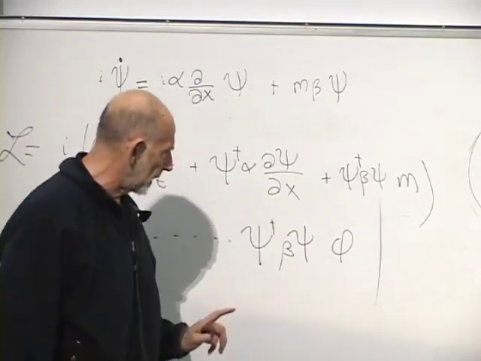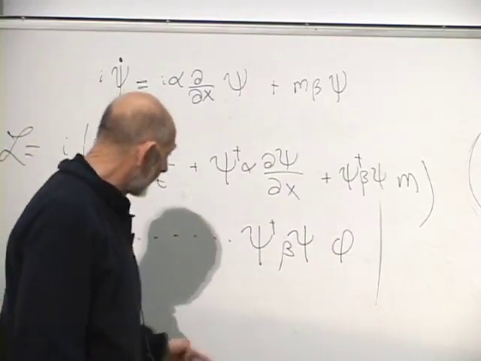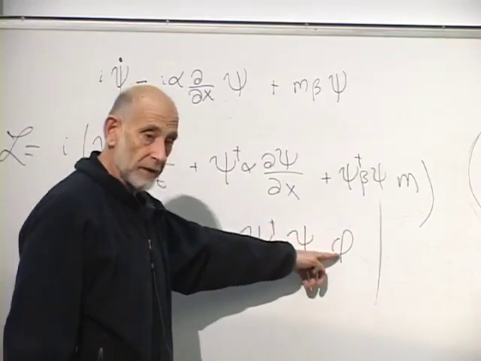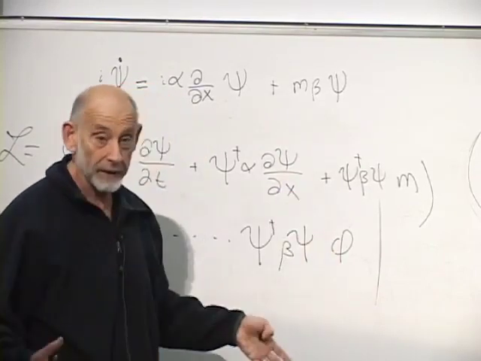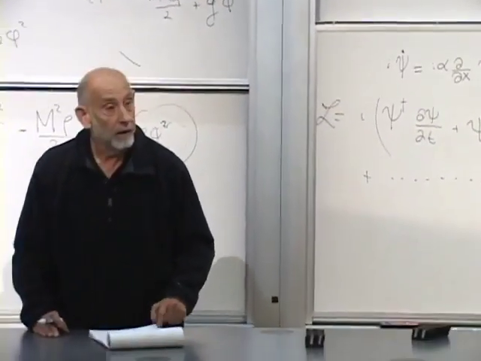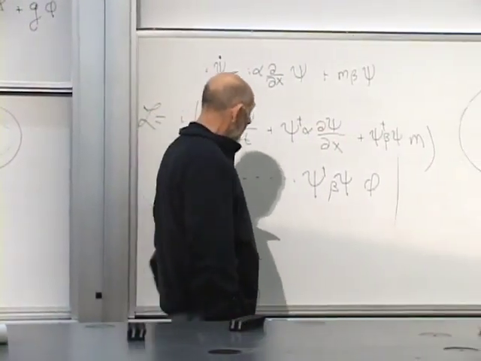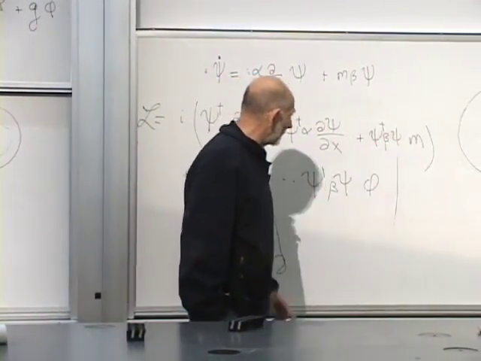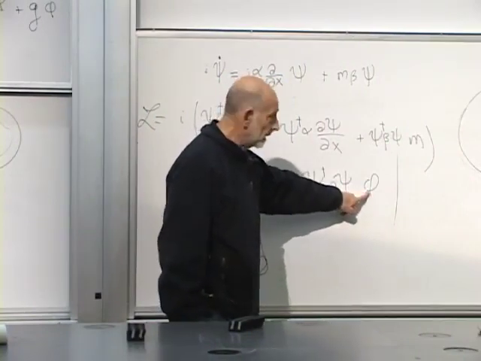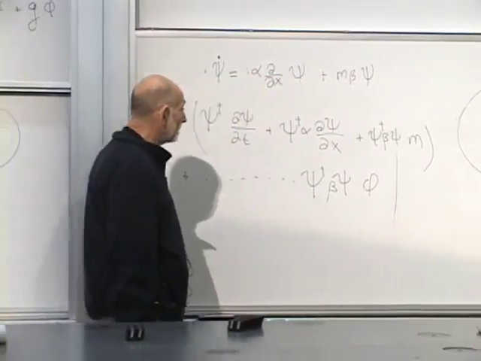It's a product of two psi's times a phi, and that would give you an interesting field theory where phi fields scatter psi and psi fields scatter phi, and the whole thing is a big interacting mess. When phi's come on psi's, they scatter each other. Same beta as the other beta? Yeah, it's the same beta. Notice psi dagger psi times m and psi dagger beta psi times phi. So it's almost as though m was being replaced by a scalar field here.